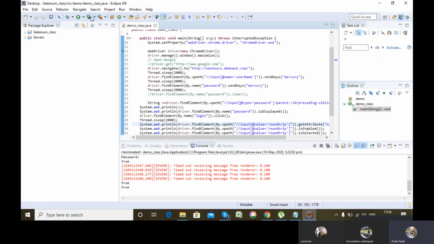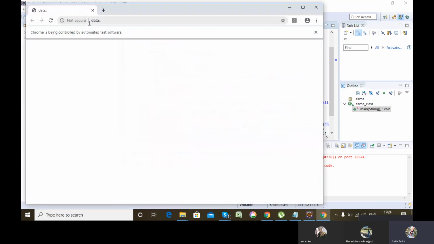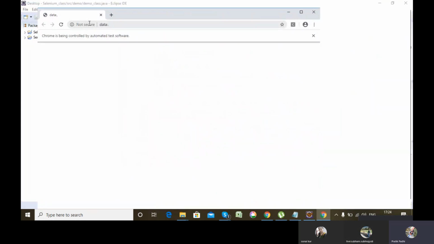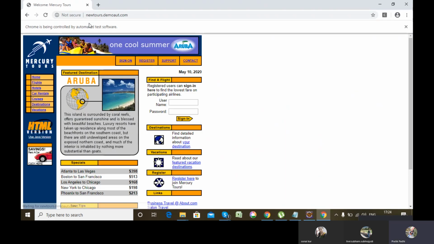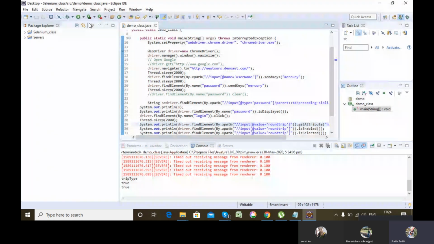Let's run it. See, trip type got printed.